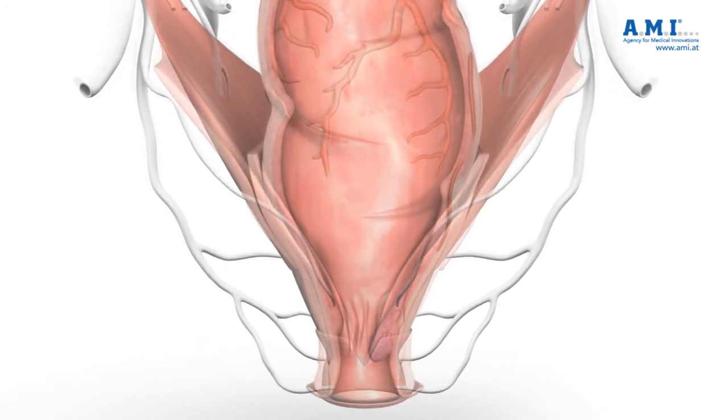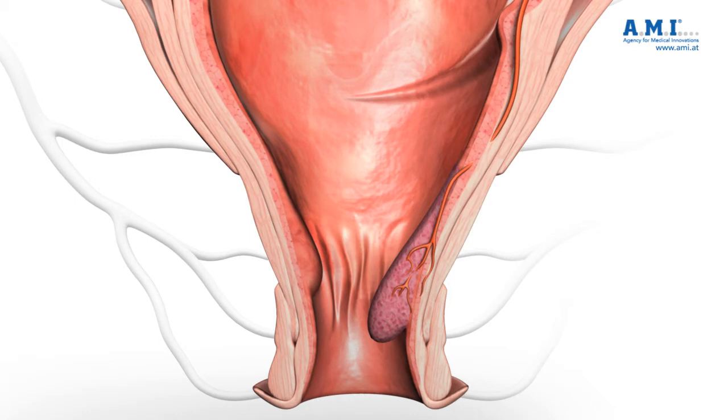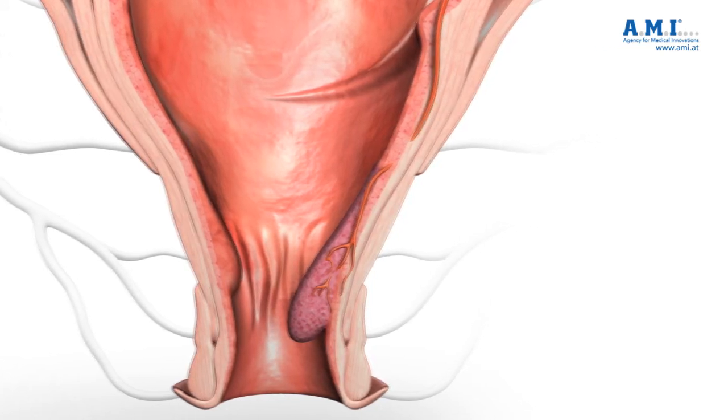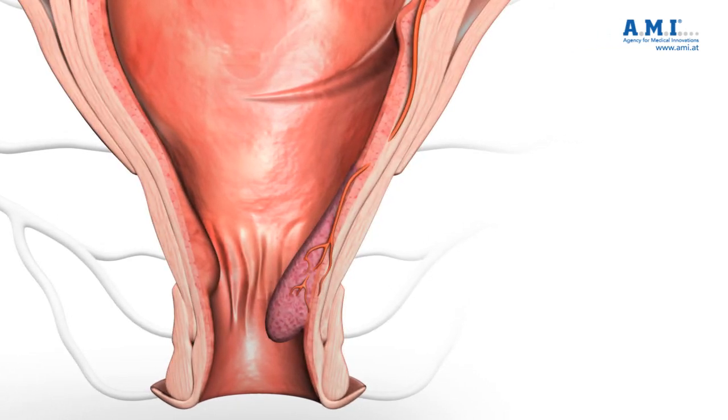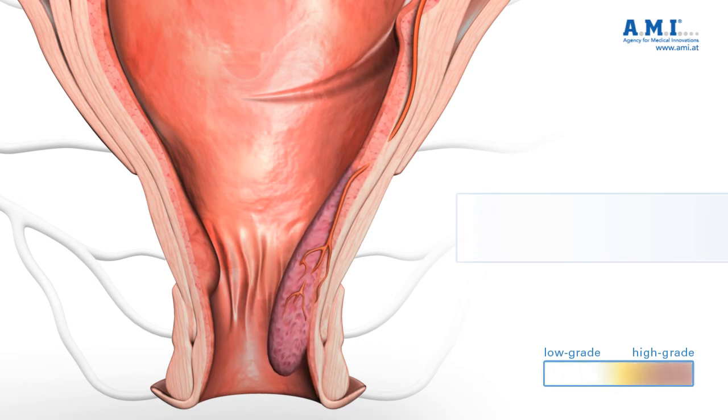Differentiating between the different grades of hemorrhoidal disease is important for determining the most suitable treatment. According to the Gallagher classification, there are 4 different grades. However, for the purposes of this DVD, we simply refer to the low and high grades of hemorrhoids. Low corresponds to grade 1 and grade 2 of the Gallagher classification, those stages of the disease where the hemorrhoidal cushions generally remain inside the anal canal. High grades of hemorrhoids, that is, grade 3 and 4,